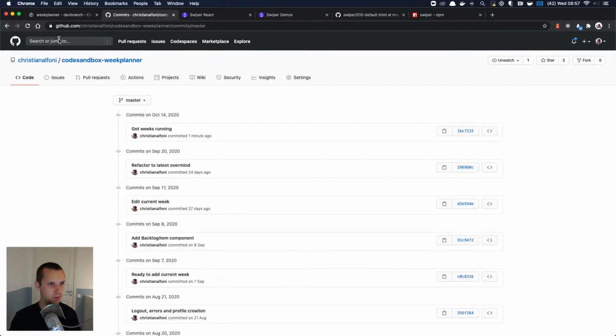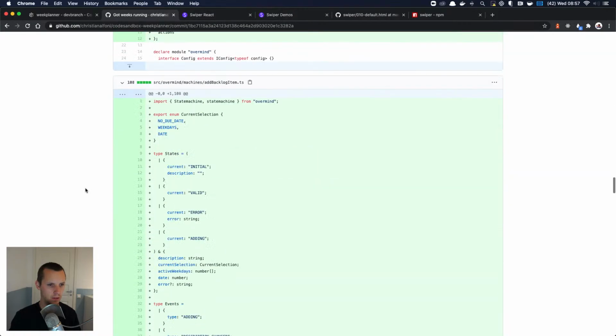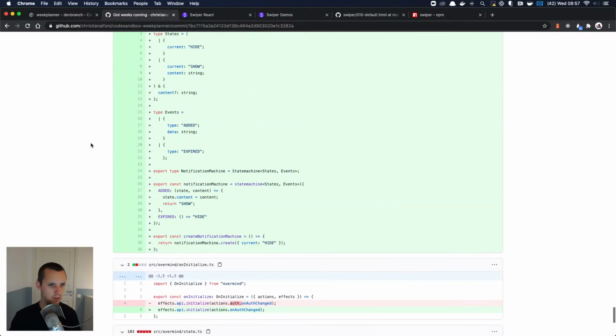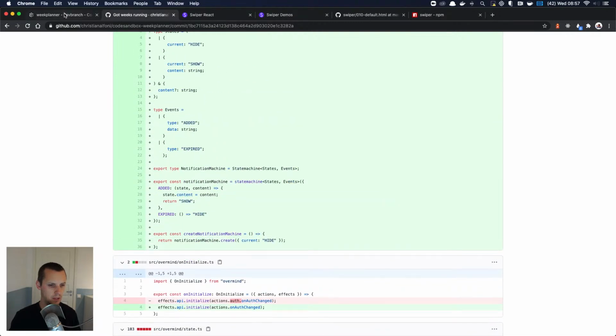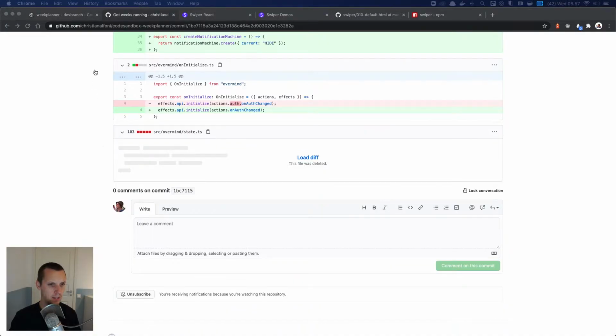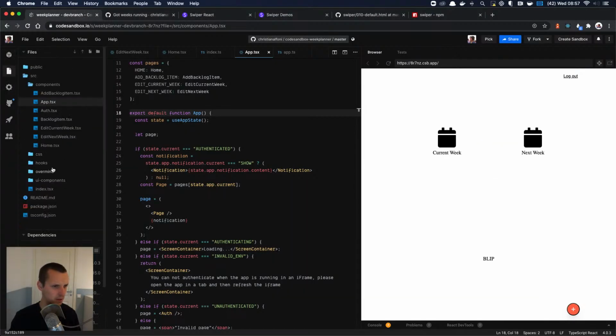Oh, yeah, Codesandbox week plan. Got weeks running. That's interesting. It does seem like it actually did commit. Did we delete overmind state? Oh, I should have taken a picture first. Overmind. Yeah, we did delete overmind state.